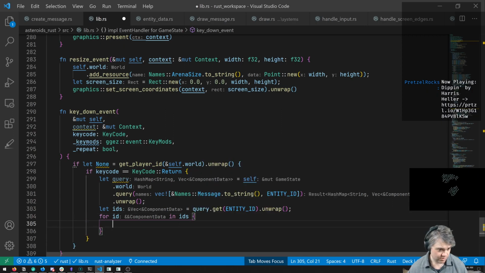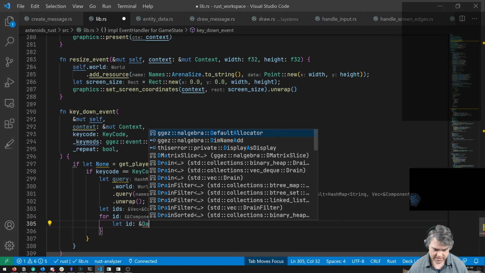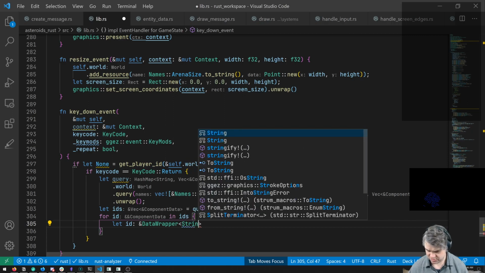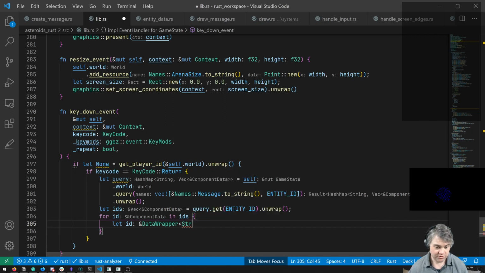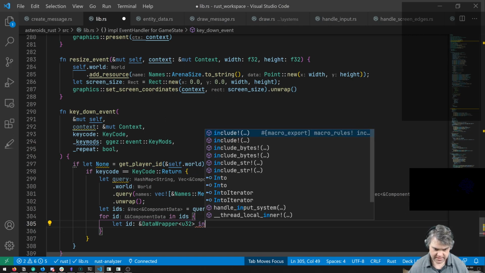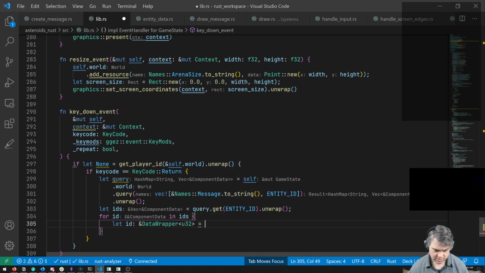I want to extract this out. So let ID, a reference to our data wrapper. You are a string. No, you're a U32. Equals ID.cast.